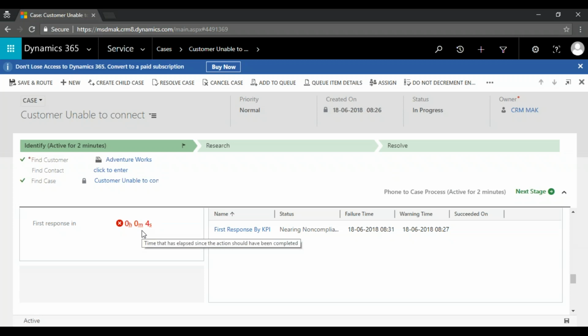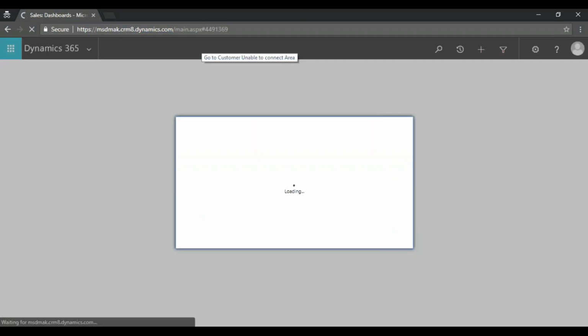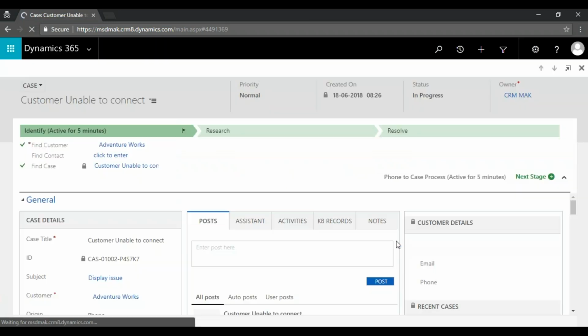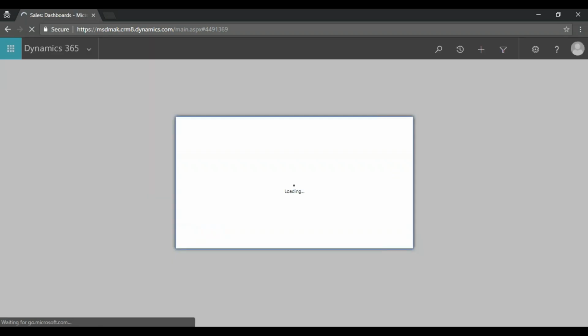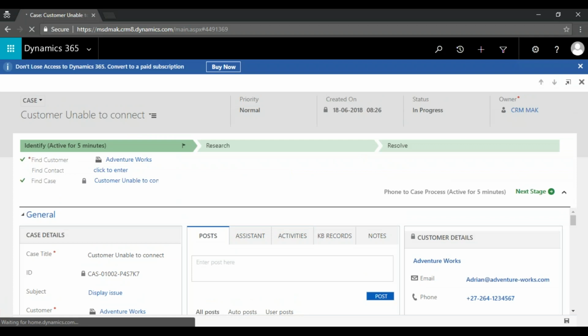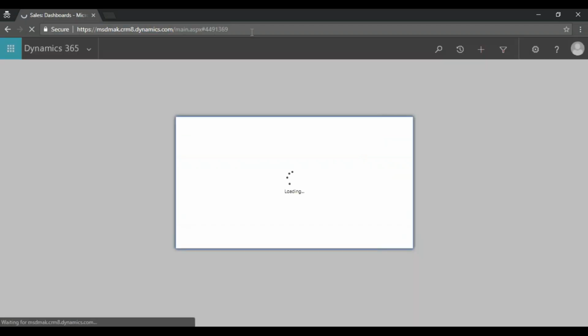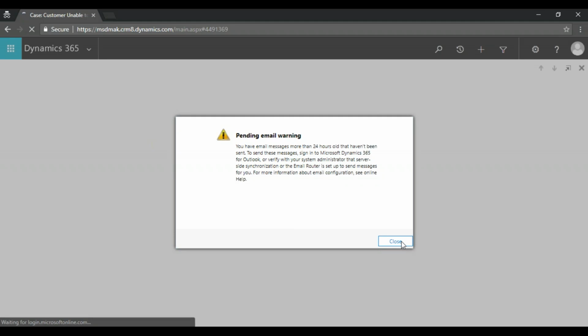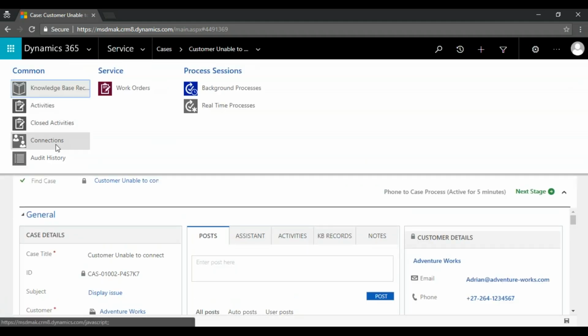Okay, so here now the SLA is failed. If the SLA is failed, the owner will get changed to the escalation team. So right now, who is the owner? Still the workflow is in pending.